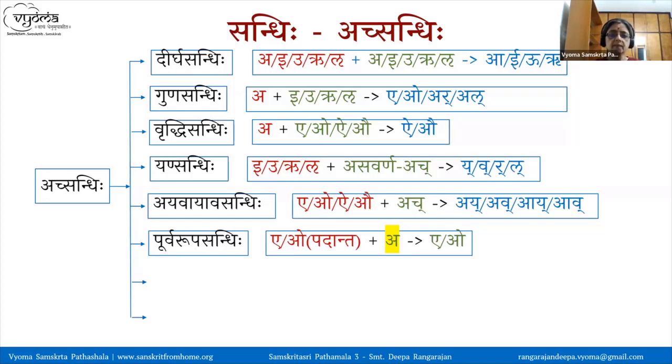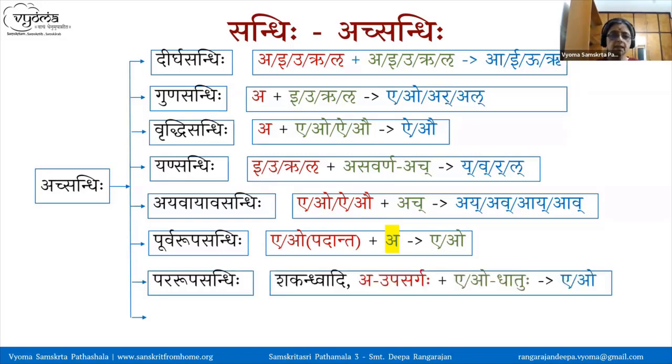at the end of a pada, when there is A or O, and it is followed by Akara. Here, when we say akara, it means only the Hraswa akara. Everywhere else, the Dirgha forms are also understood when we mention just the Hraswa. So that gives A or O. That is the Purva Rupa, the Swara which is in the beginning or the first letter. That is the replacement. That is the Adesha. In Pararupa, the second letter is the Adesha.